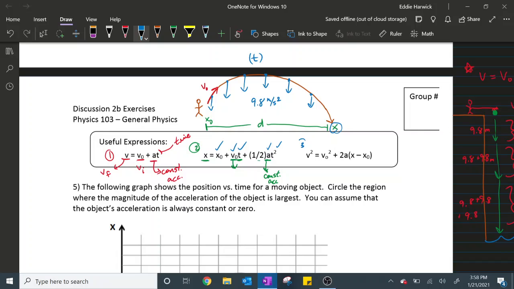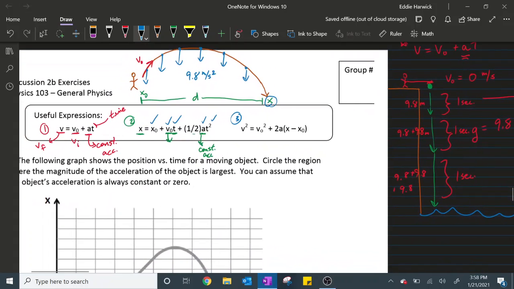All right, last but not least, equation 3. Similar to equation 2, but now we were able to calculate our final velocity, or vf, given an initial velocity squared plus 2a times x minus x naught. Now, remember, we said that the difference between x naught and x is the same thing as distance, and that's how we can think of this term here, where that's delta x, and delta x is the same thing as distance. So sometimes this equation is simplified where final velocity squared equals initial velocity squared plus 2 times the acceleration